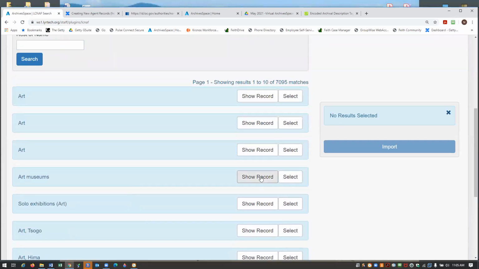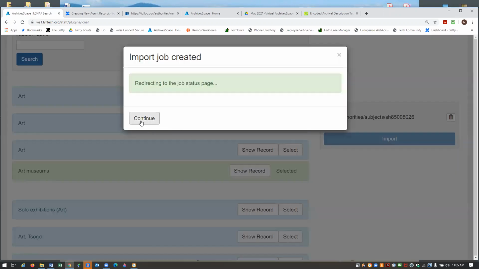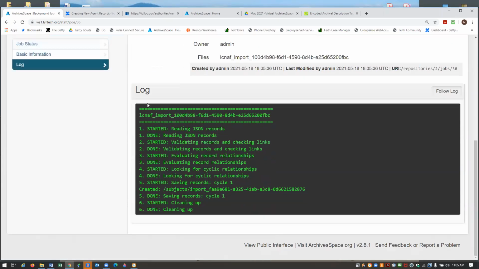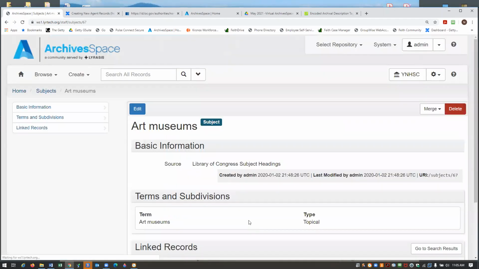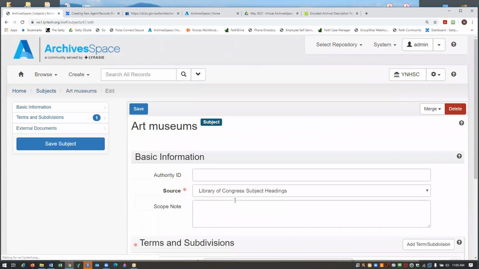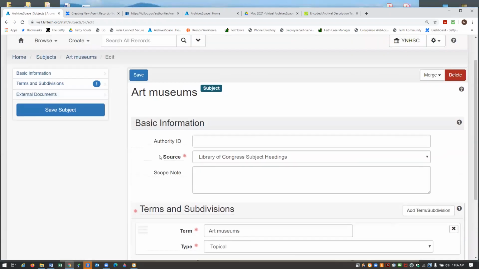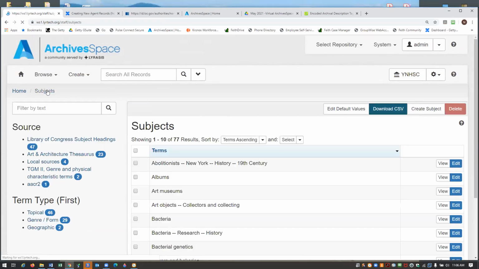So I'm going to just bring in art museums. Again, it works the same way. It knows it's topical. If I were to edit, it didn't bring in the authority ID for some reason. It has done that in the past. I haven't seen it do that, but it should bring in the authority ID. So if we go back to subjects, though,